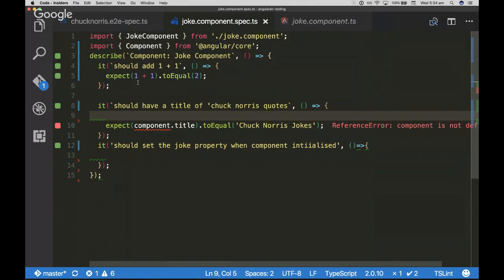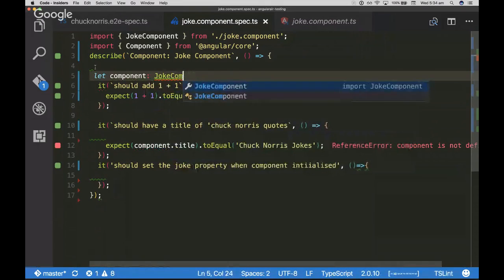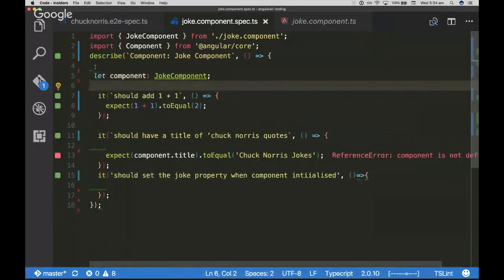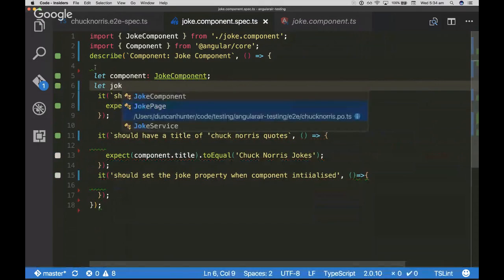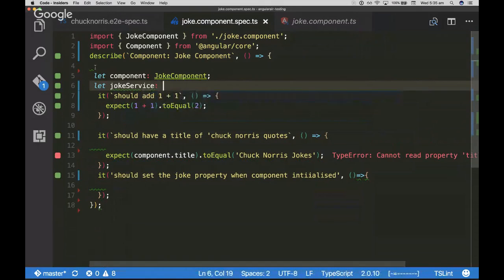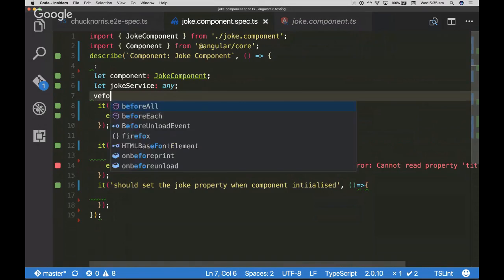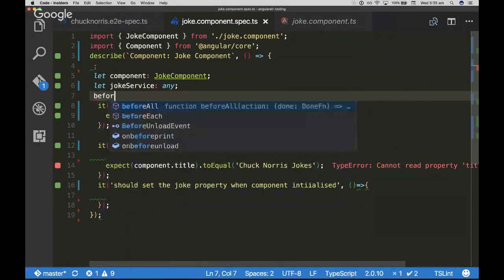So I'm going to come up to the top of my describe block and introduce a property for the component. And I'm going to have another one for the joke service that's getting injected. Okay, and another great part of Jasmine is I can actually run a beforeEach here, so I can refactor this to use